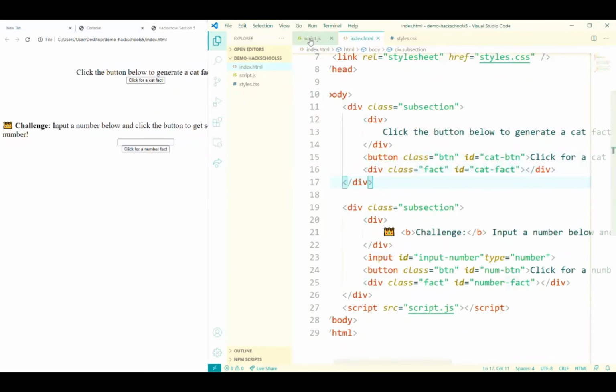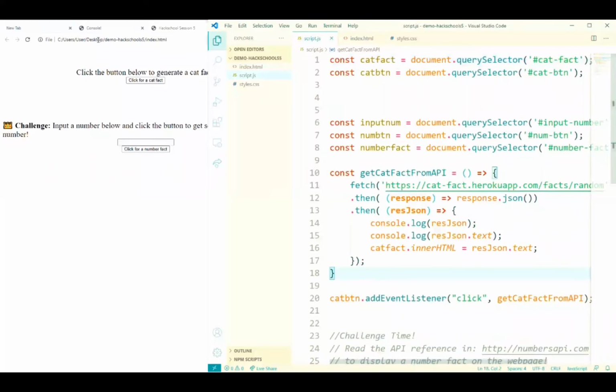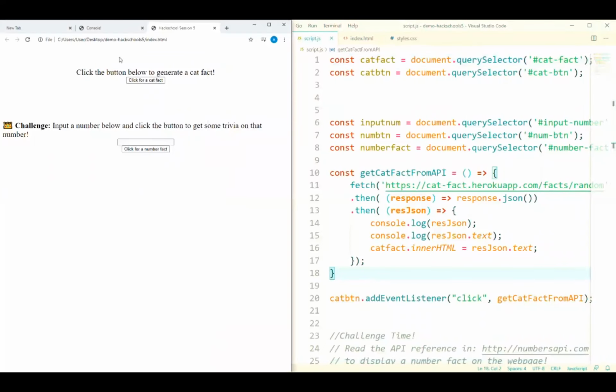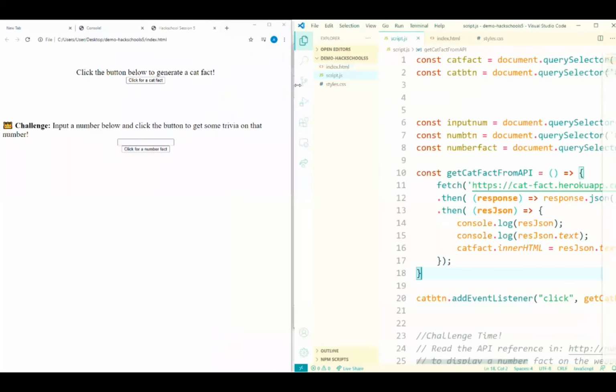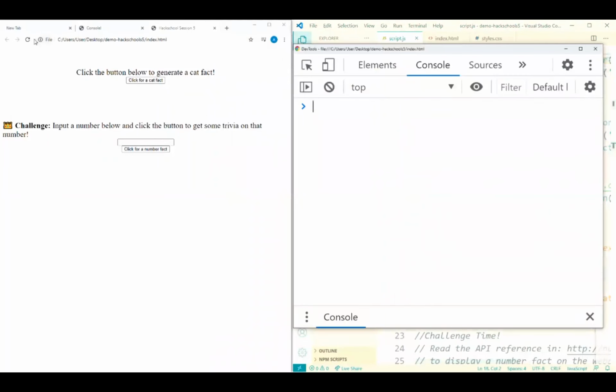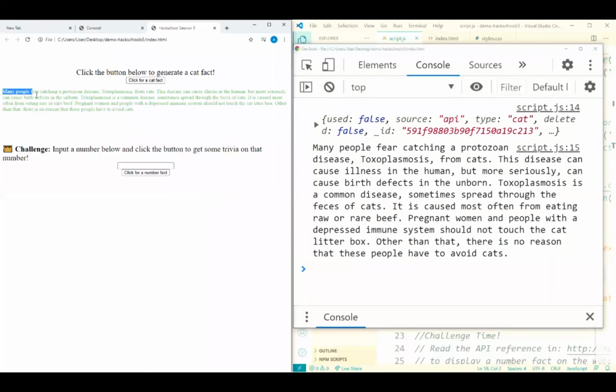All right. So let's try run this and let's see what happens. So if we refresh our page, I've saved this, and we refresh our page. Let's go to our console, completely empty console. I'm going to get rid of this so we can get more space. And then let's refresh this and see what happens. Refresh, and then we can click our button. I'm going to click. And look, oh, it prints out our cat fact here.